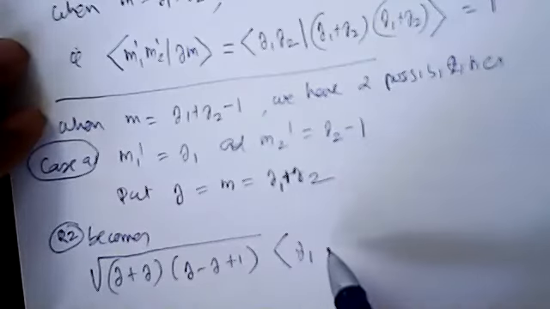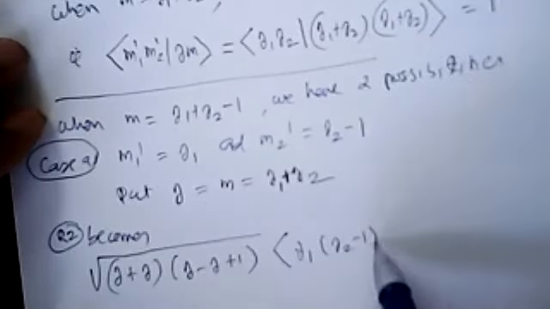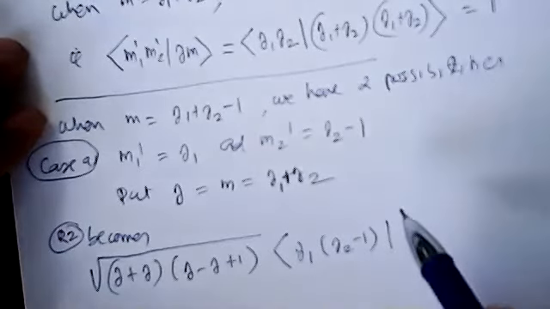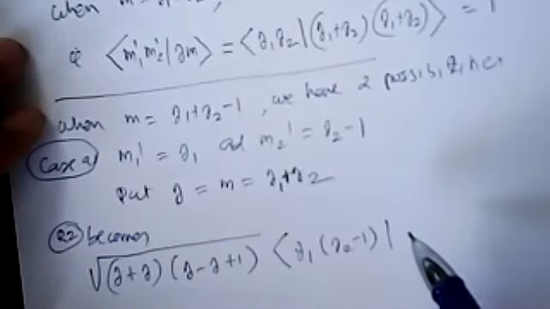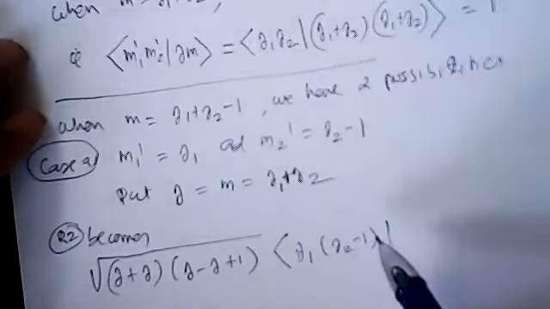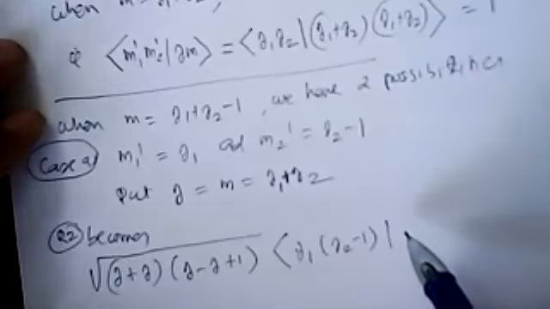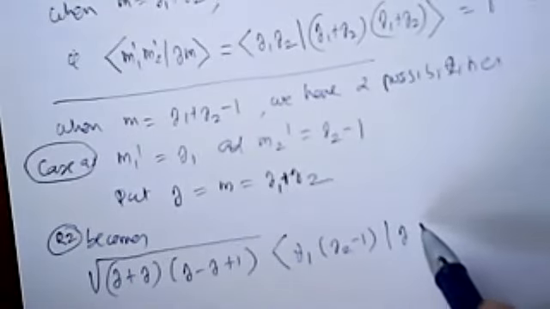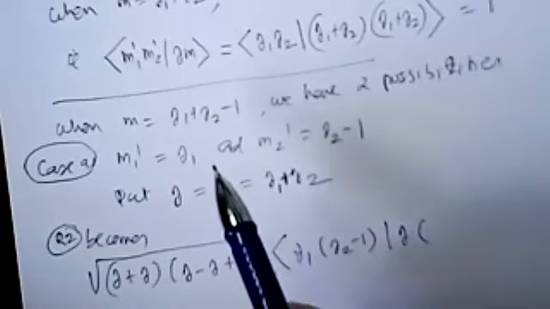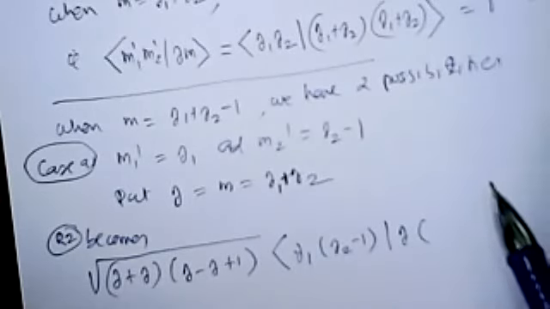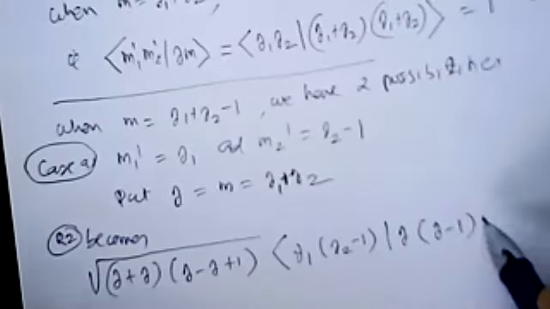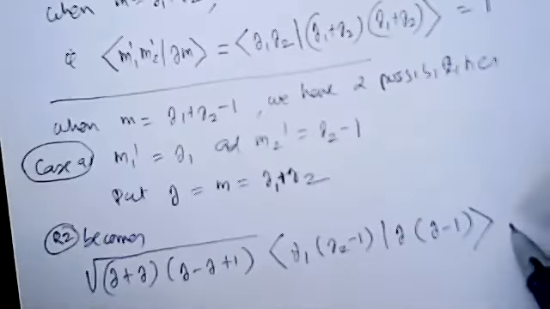So j1, j2 minus 1. Okay. Then j m minus 1. Okay. So what is j? J m minus 1. What is m minus 1? That is j minus 1. Okay. Equal to